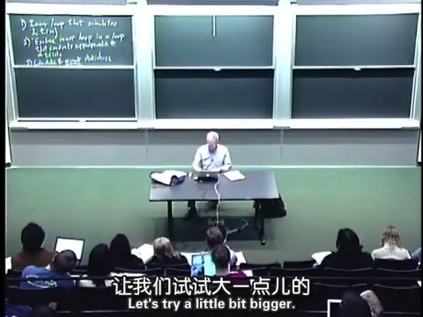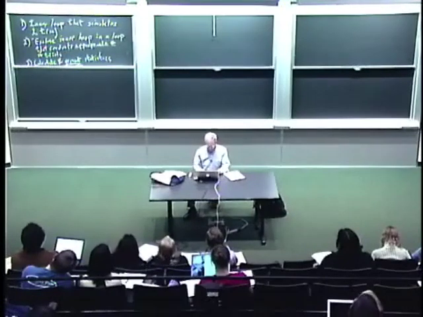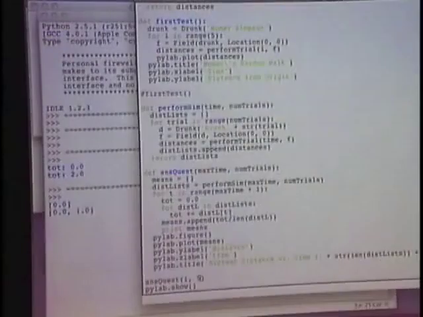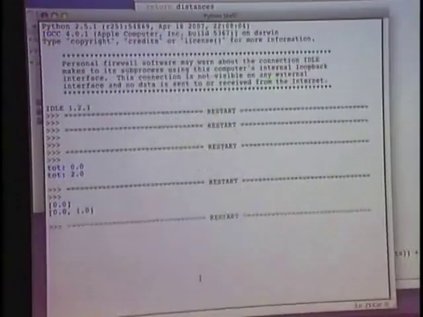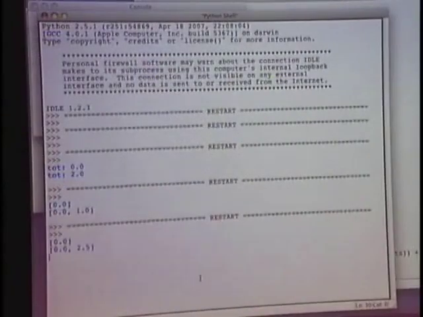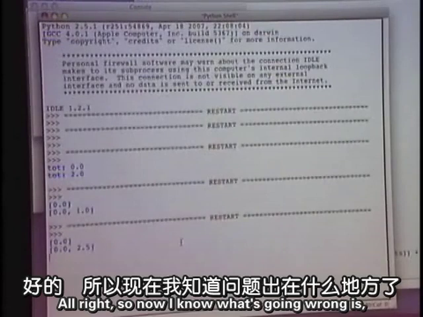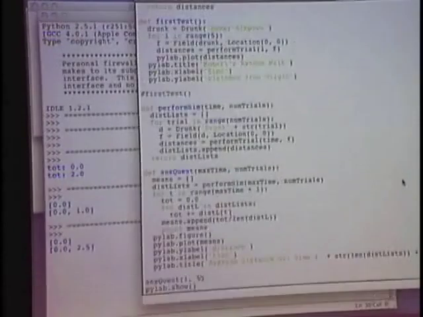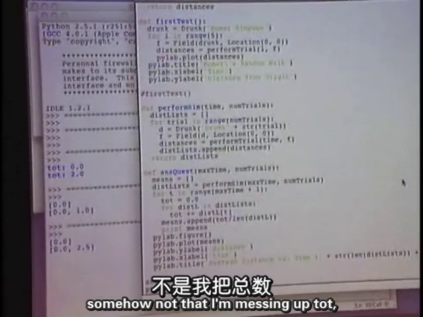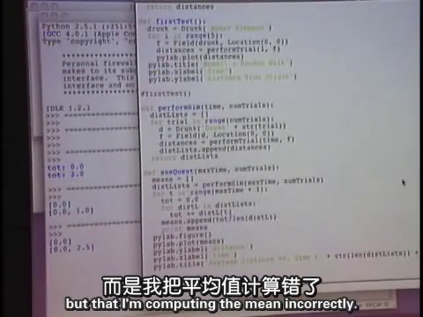Let's try a little bit bigger. Hmm. 2.5? All right, so now I know what's going wrong is somehow not that I'm messing up tot, but that I'm computing the mean incorrectly.